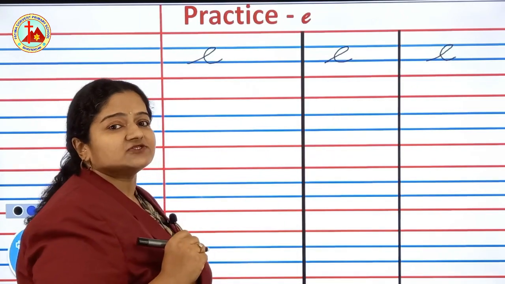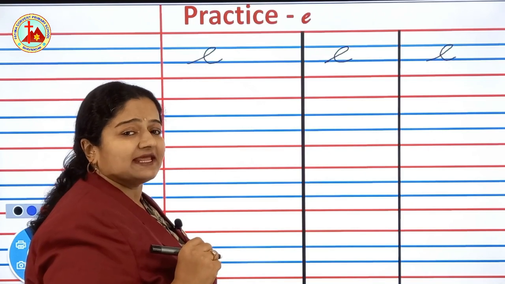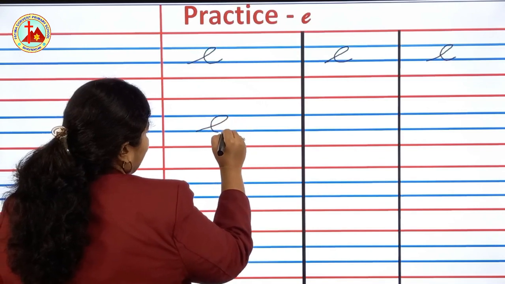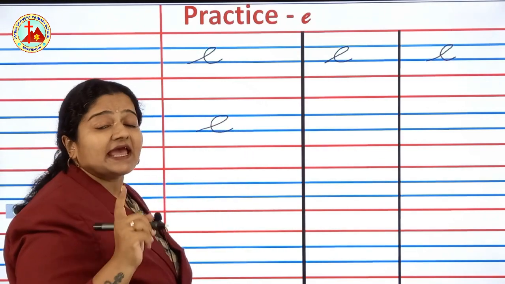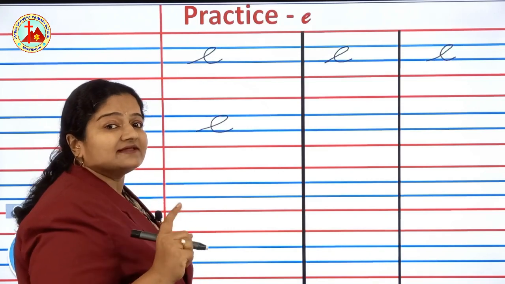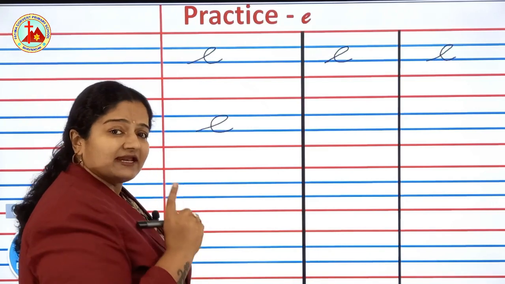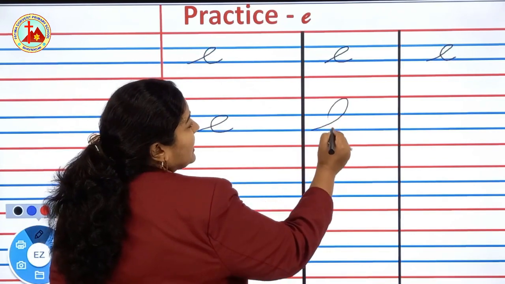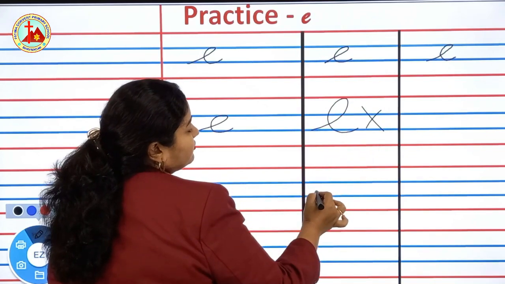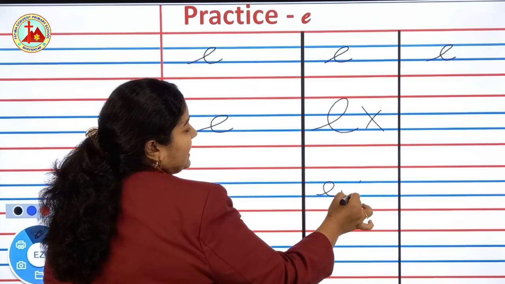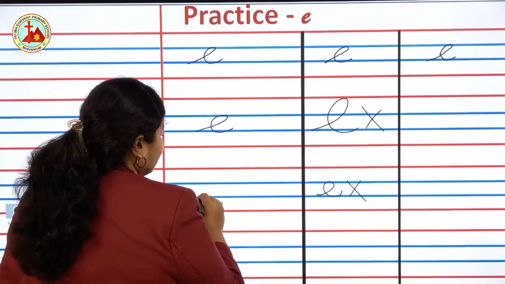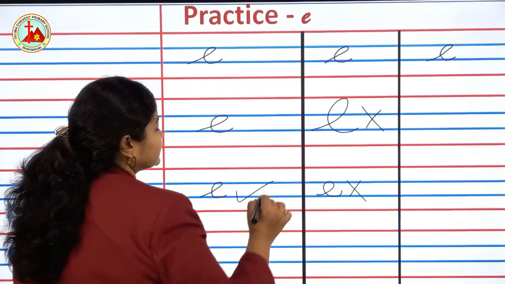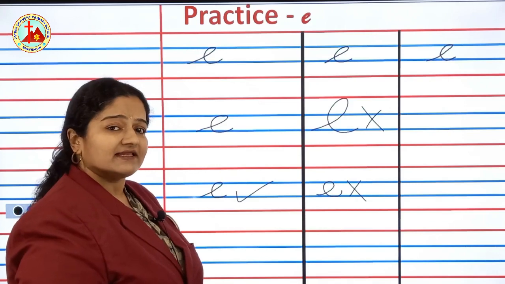So children, like this you have to practice writing E. See one more time, look here. Like this, and you have to say and write. Cursive writing E. Like this continuously you have to say and write with very good handwriting. If it goes out of the blue line, then it is wrong. If your formation is wrong like this, then wrong. Only you have to write like this. Slant line, go on top, come back. This is correct formation and correct writing E.